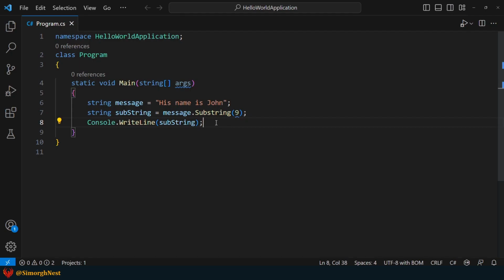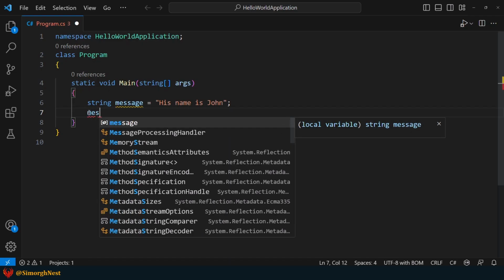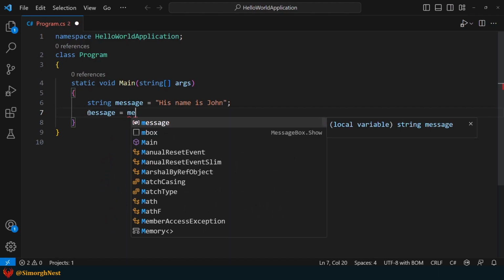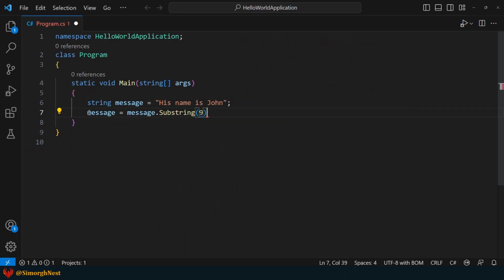It's important to note that when using the substring method, it does not modify or change the original string value. Instead, it returns a new string. Let's explain it to you with an example. First, let's say message equals message dot substring 9.